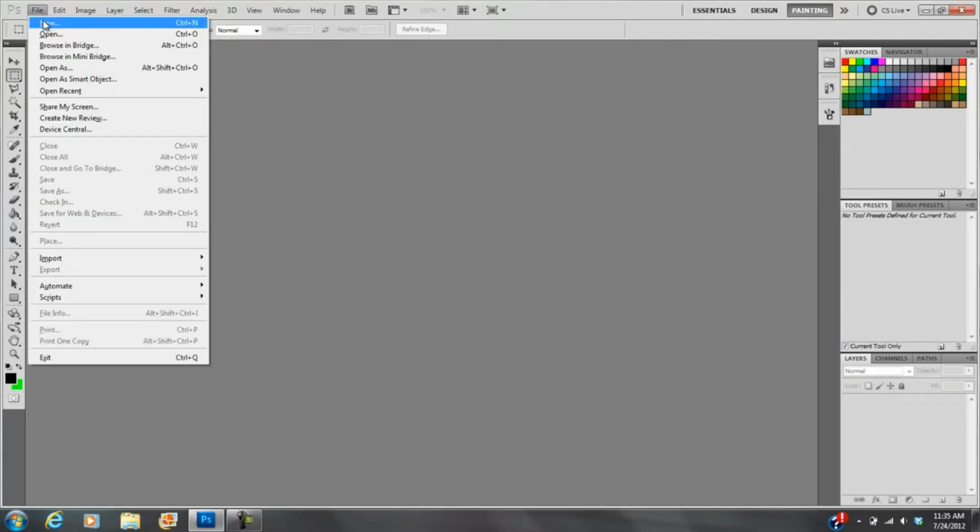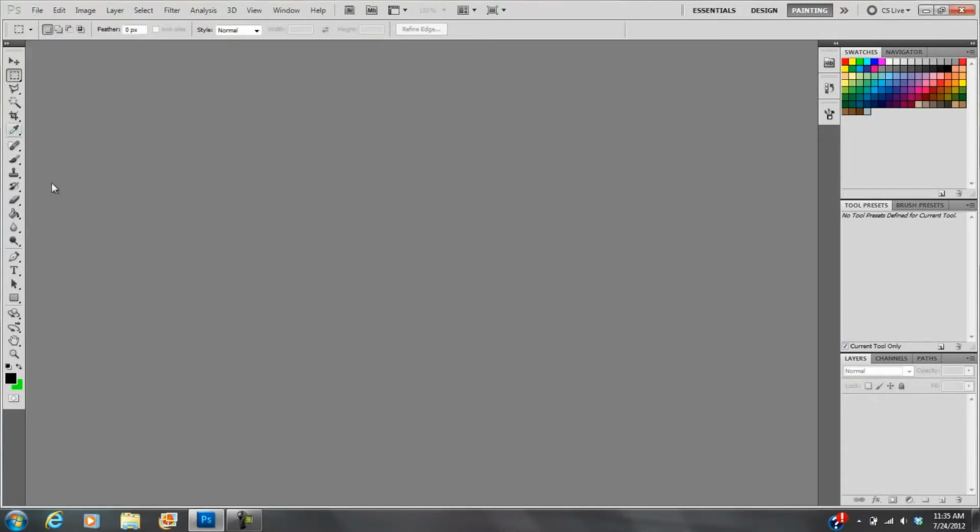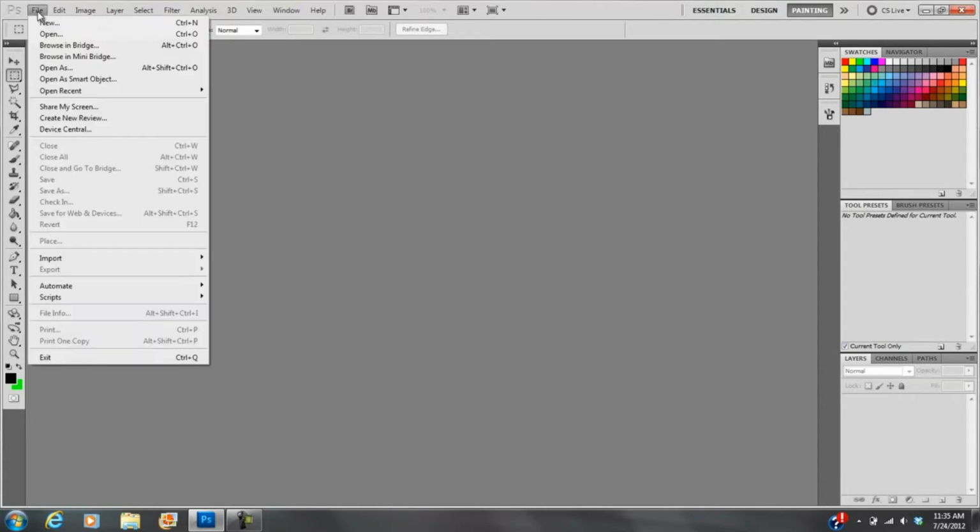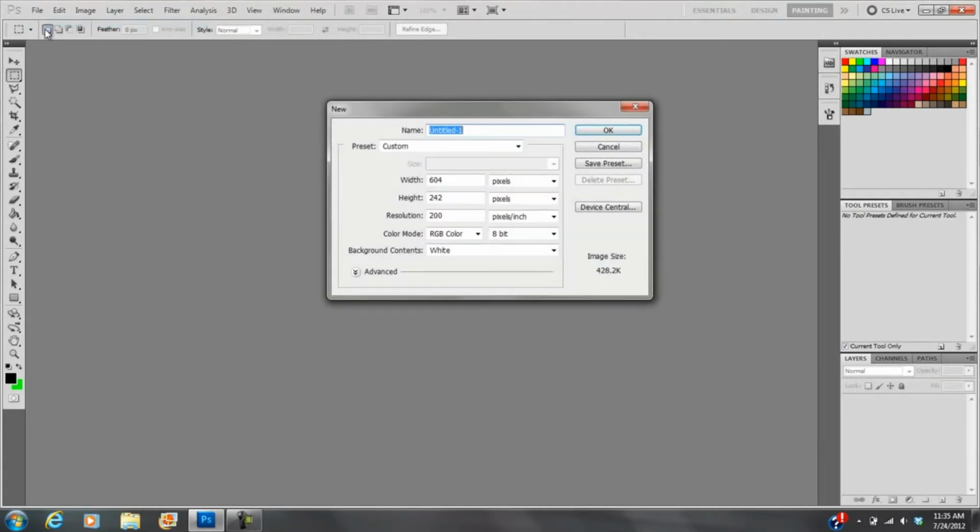Okay, so this is just the very basics of Photoshop. When you first open it up, you're going to see a few panels. Your layout might be a little different, it might not be exactly like this, but every one of you should be able to go to File, New. Okay, so File, New. Let's go ahead and name this, and we're going to name this Photoshop